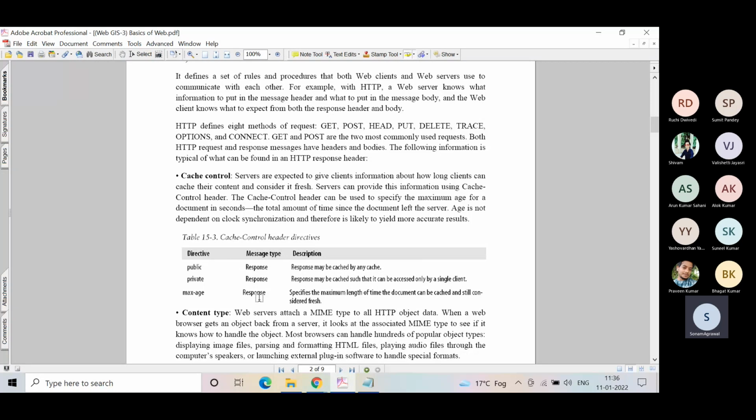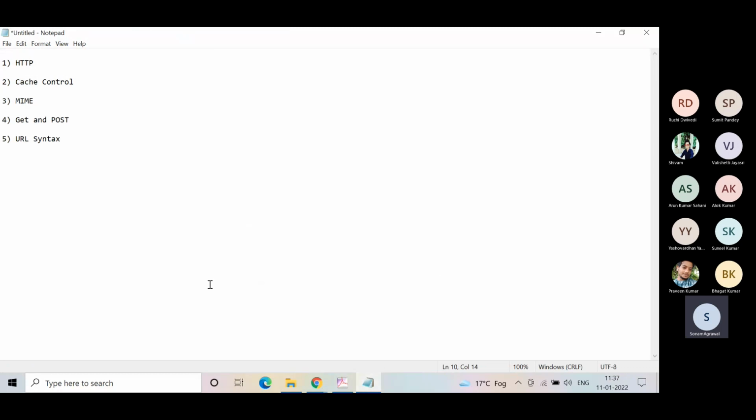There are different methods, 8 different methods through which the request can be made. These methods are listed over here. Okay. Now, next thing is,